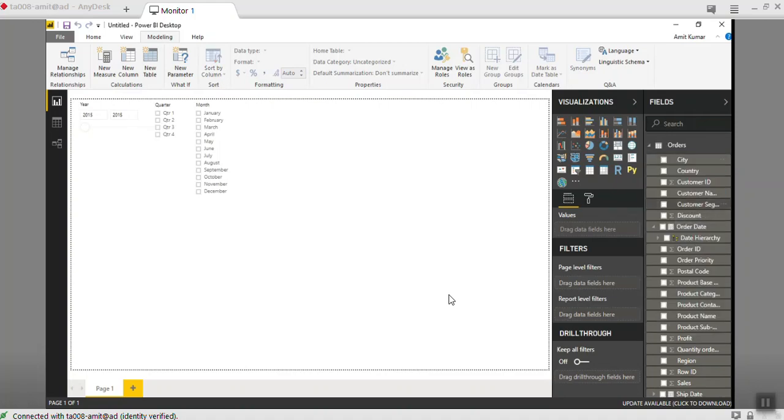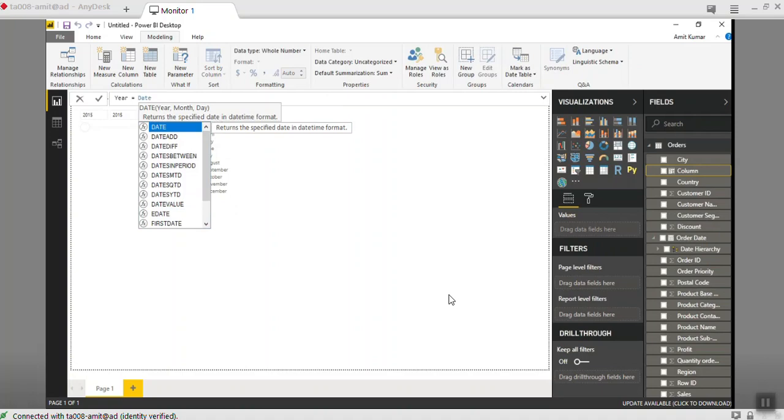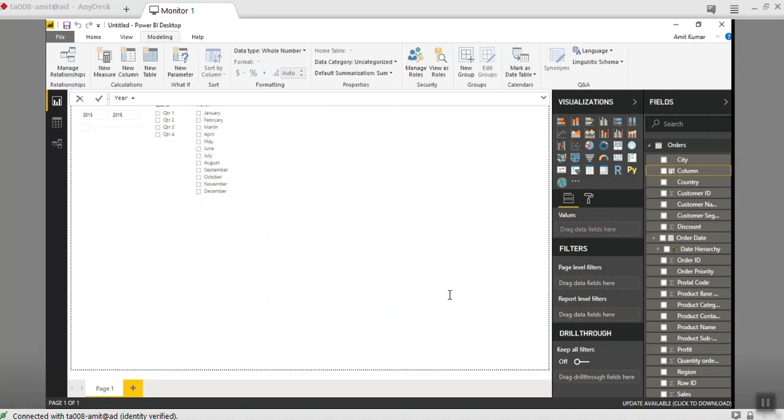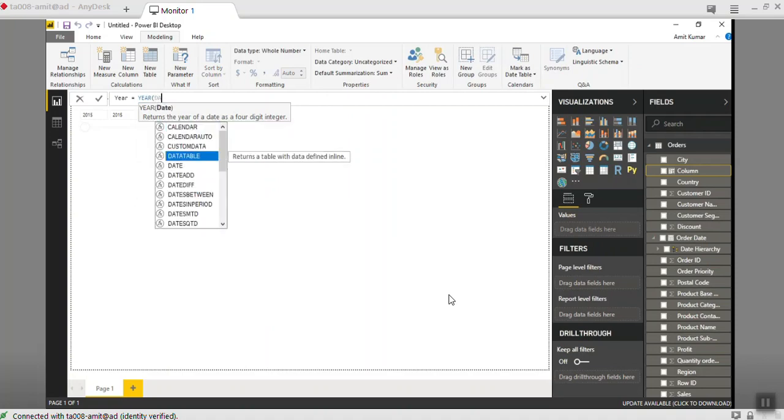So you take the new column. Since I don't have a year, then you take the year function, and it will ask you from which date you want to calculate the year.